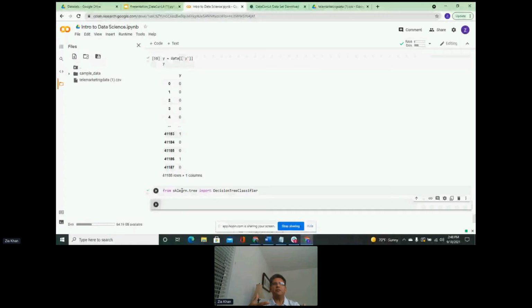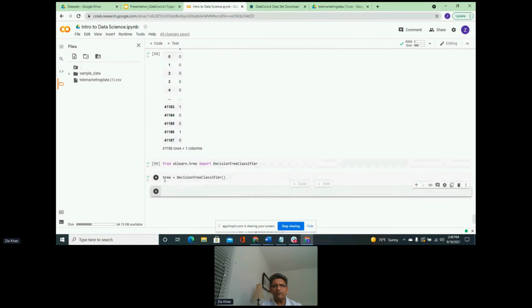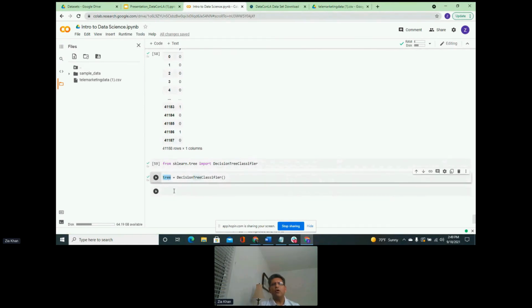The algorithm is pre-written, but we have to train it so that we can build a model based on that algorithm. So the algorithm is the decision tree classifier that we are going to use. Once we have the algorithm, we instantiate that class, or define the algorithm. We are going to call it tree, and with tree we instantiate this classifier class and say that this is our algorithm, decision tree classifier. Let's run this. Once we run this, we have this object tree, which is our classifier.